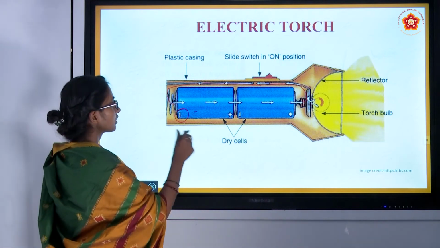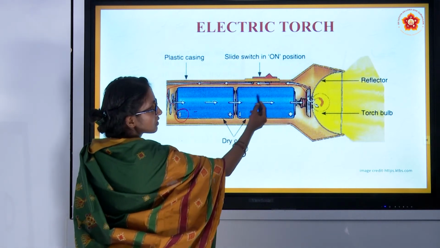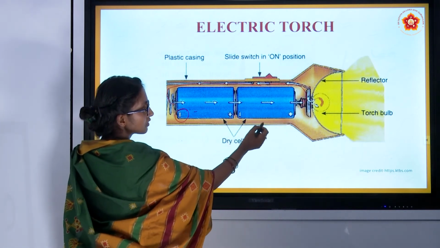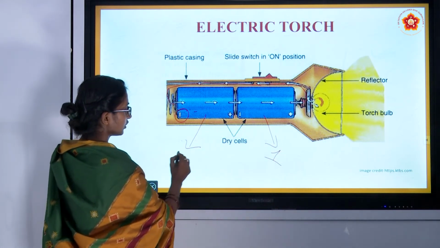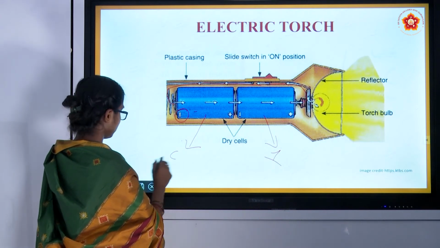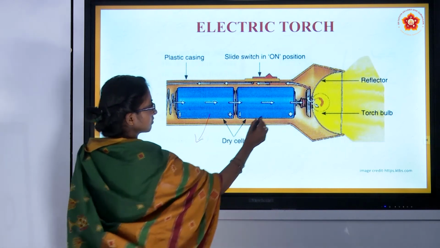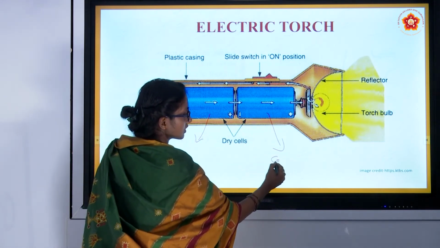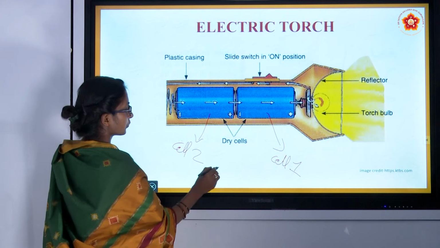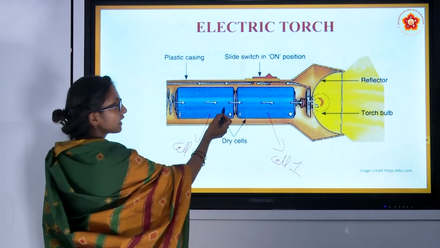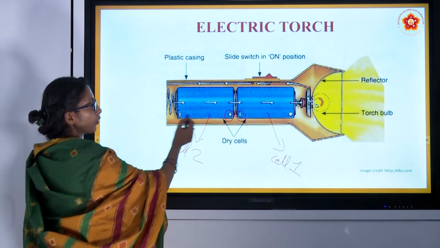Fine. Now let's come to the point. Here there are two cells. Let me call them cell 1 and cell 2. The negative end of cell 1 is connected to the positive end of cell 2.